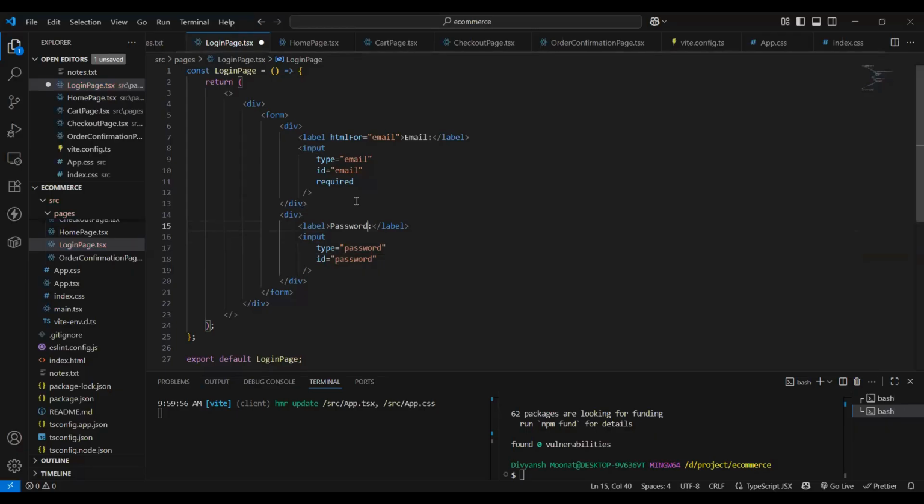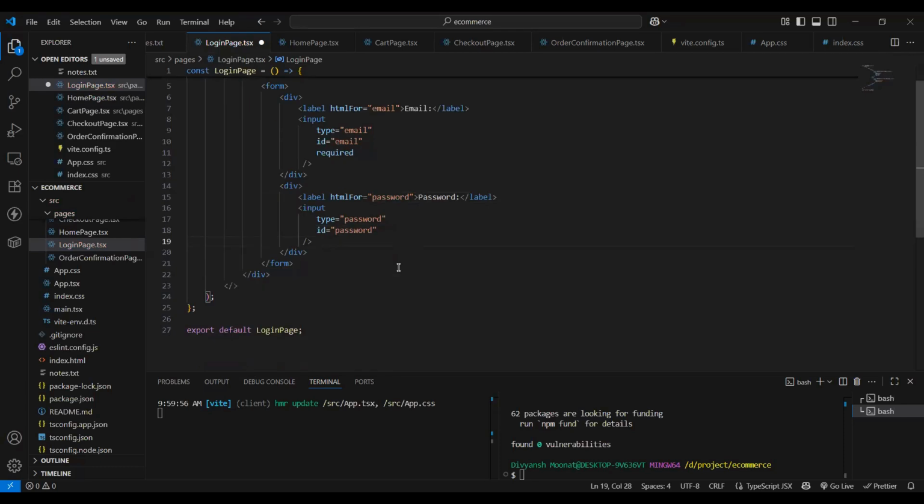Same type and ID we are going to associate here. So we have it here, and